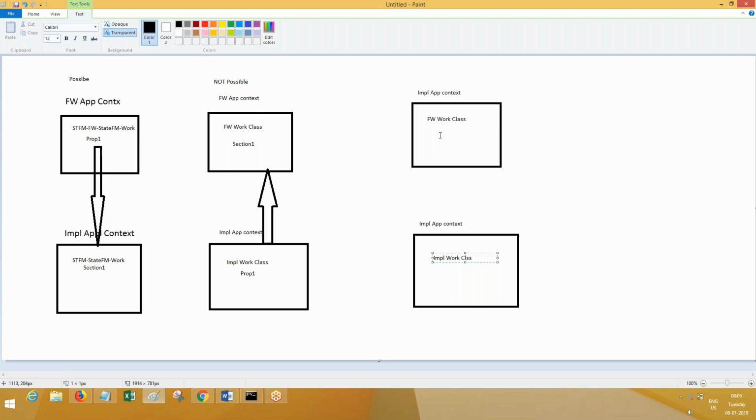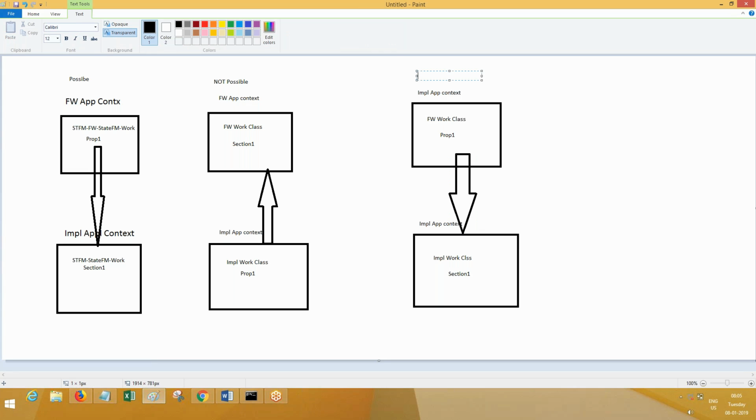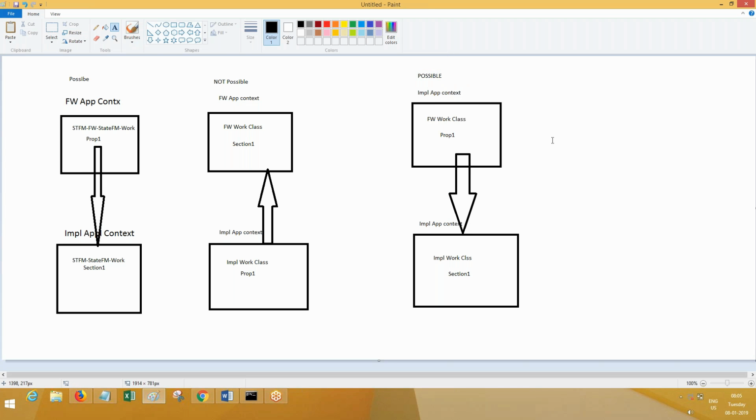You have a property here and a section here. Is this possible or not possible? I want to get this same property into the implementation, in the same application context, no issues. Same implementation application, within the same application, but the classes are parent and child. A parent class rule I am getting into a child class. Possible? It is possible.